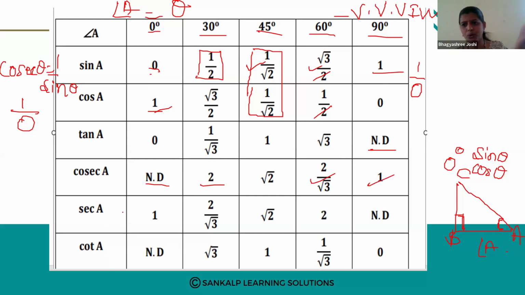Sec means it is the reciprocal of cos theta. So take 1 divided by the value of cos theta, that is sec theta. So sec 0 is 1, sec 30 degree is 2 divided by root 3, sec 45 is root 2, sec 60 degree is 2 and sec 90 is not defined. Cot means 1 divided by tan. If you take 1 divided by the tan values, you will get the cot values. So cot 0 is not defined, cot 30 degree is root 3, cot 45 is 1, cot 60 degree is 1 divided by root 3 and cot 90